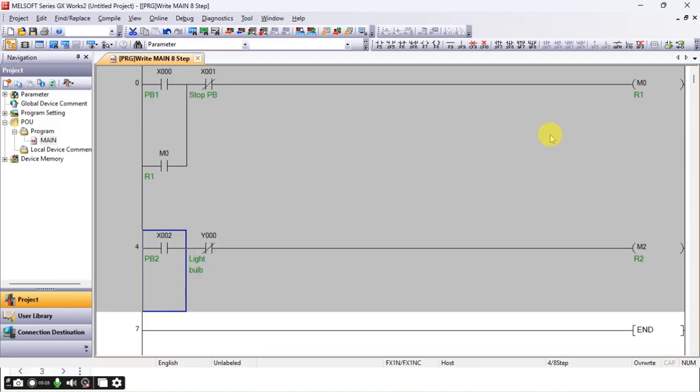But the problem is we do not have any output device yet, because this is just functioning as a relay. We are not going to turn on any light bulb, motor, or any output device. So in order to complete this program, I'm going to add the output device.